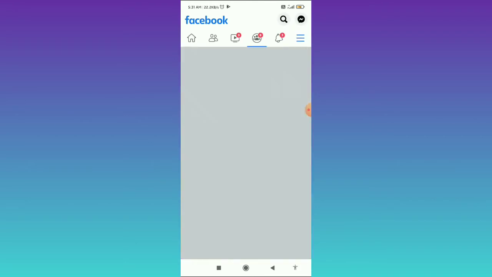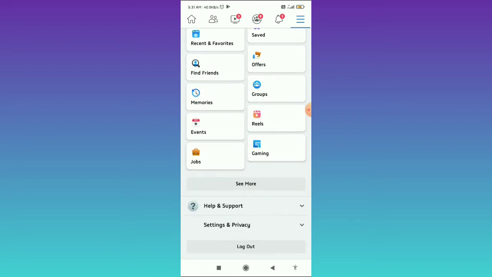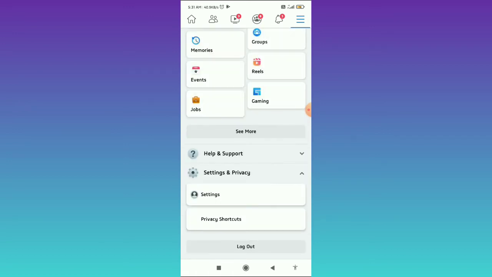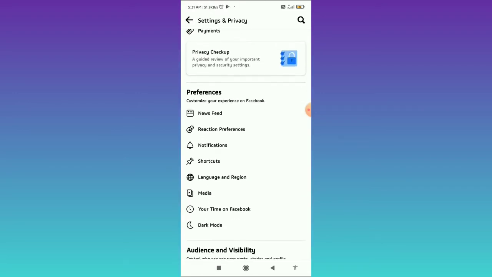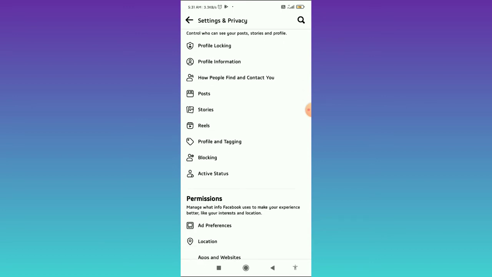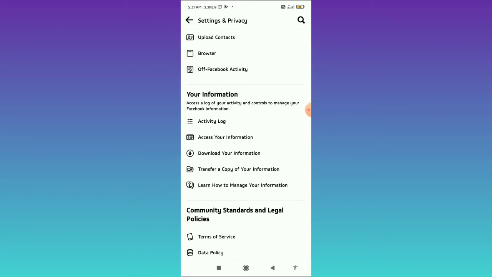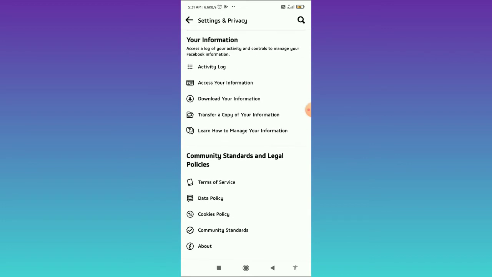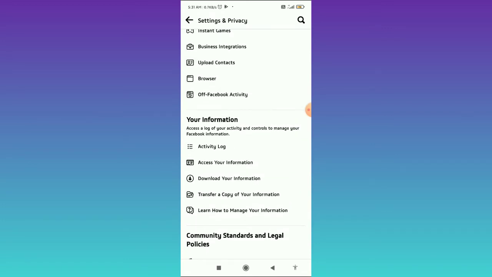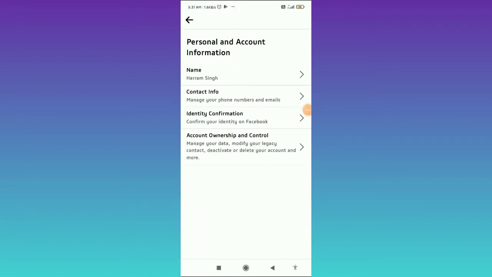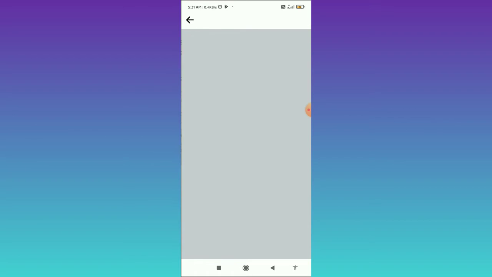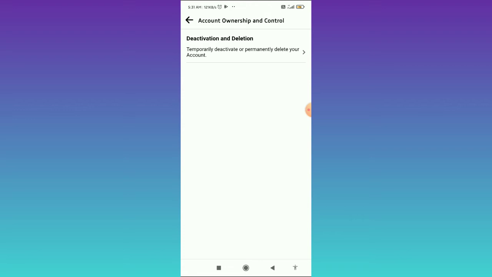and then click on the three horizontal lines in the top right corner. After that, scroll down and then click on Settings and privacy, and then click on Settings. And when you are here, you have to scroll down and firstly click on Personal and account information, and here you can find the Account ownership and control option at the very bottom. Click on this,